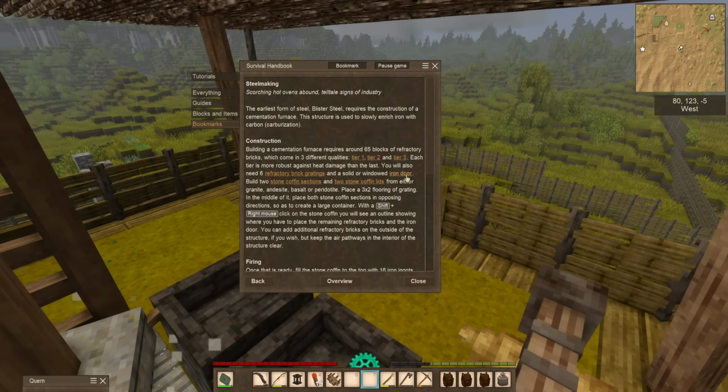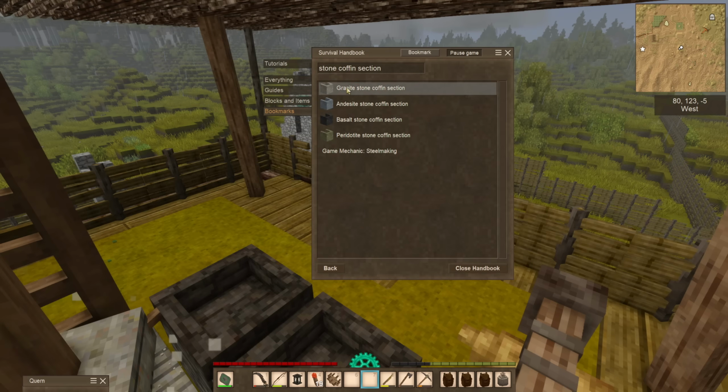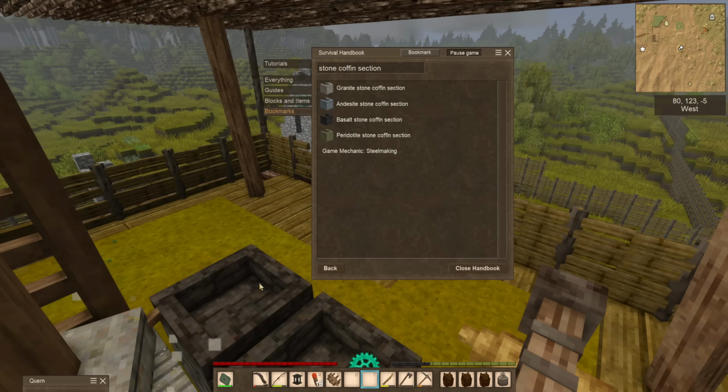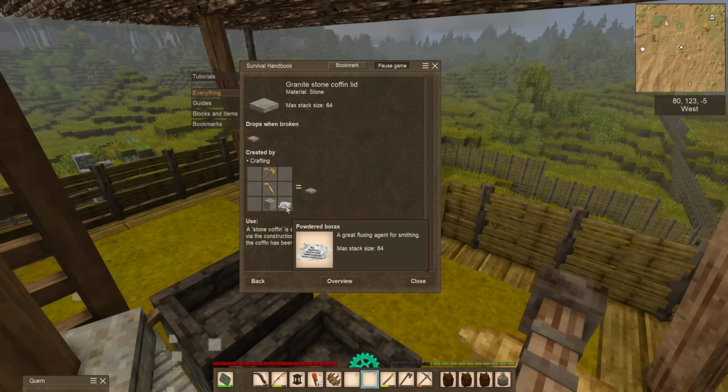An iron door, oh boy, and 2 stone coffins. Okay, granite, andesite, basalt, peridotite. Let's say granite, because that's probably the most likely one that I've got closest to me. It's just a hammer, a chisel, and 3 of the completely solid blocks. And these little wrench symbols added from the mod are telling me that it just uses up a little durability. It doesn't use up the entire tool. And with this, I should be able to make one of those, but I'm going to need 2 of those plus 2 lids. Which looks like that's some...